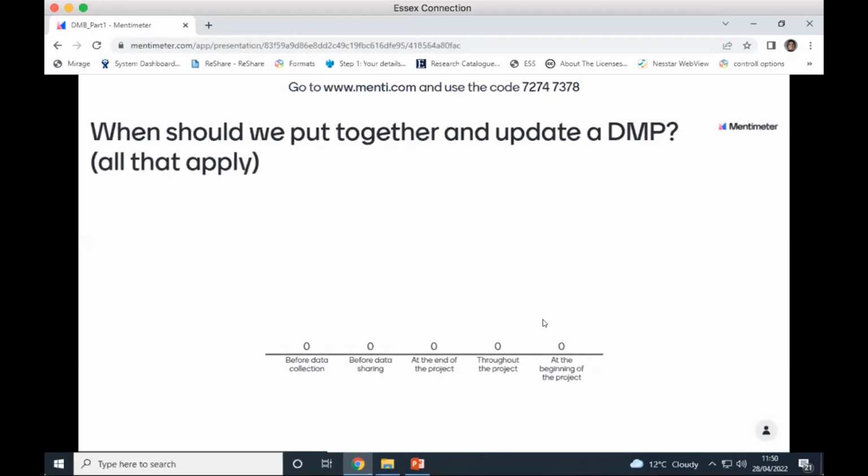Right, next question. When should we put together and update the data management plan? So tick all that apply. So before the data is collected, before the data is shared, at the end of the project, throughout the project, and at the beginning of the project. Okay, so